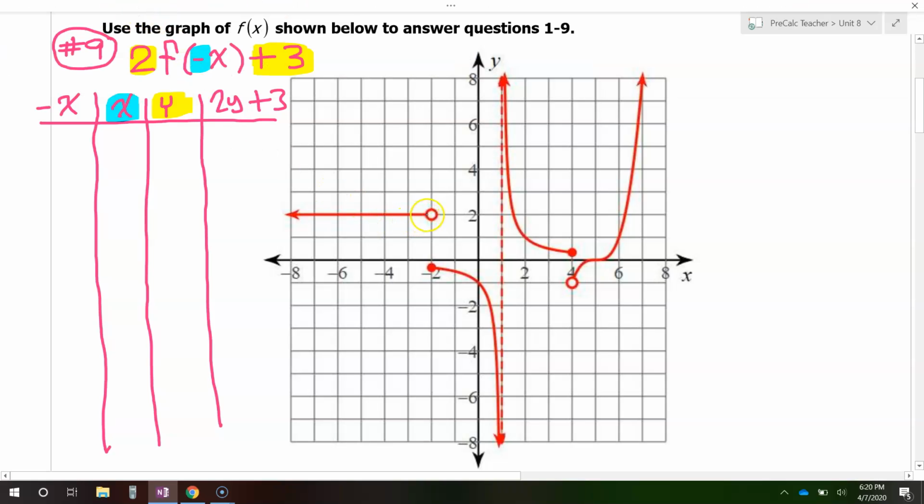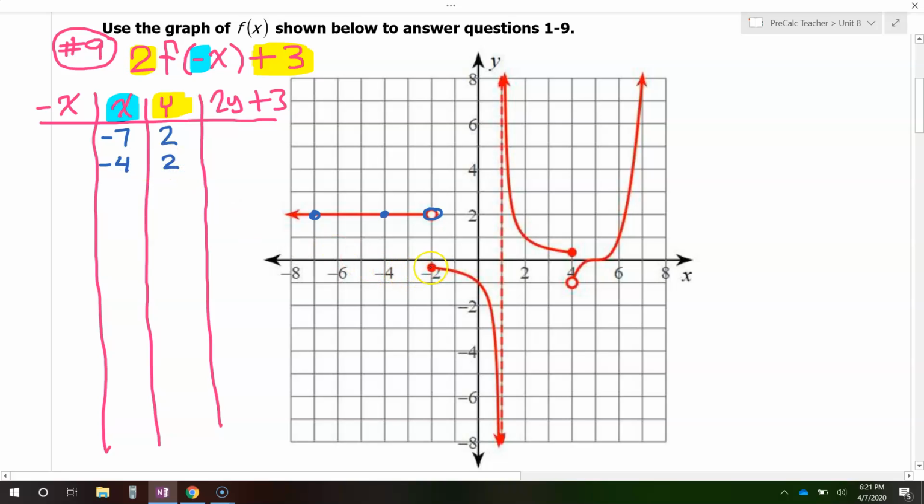Let's start with this flat little guy right here. I'm going to do as few points as I can. So I think we can get away with just 3 points from this. So I'm going to pick this point right here and this point right here. And I definitely have to use this point right here. So the first point is -7, comma 2. So I'm going to have -7, comma 2, and then -4, comma 2,